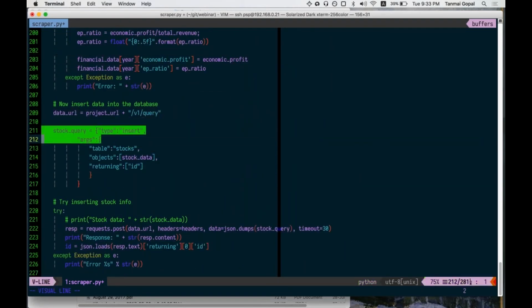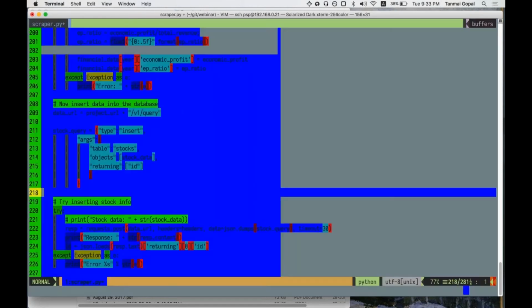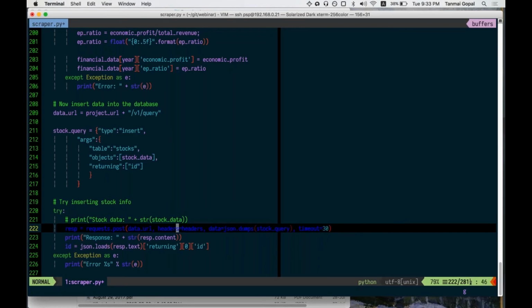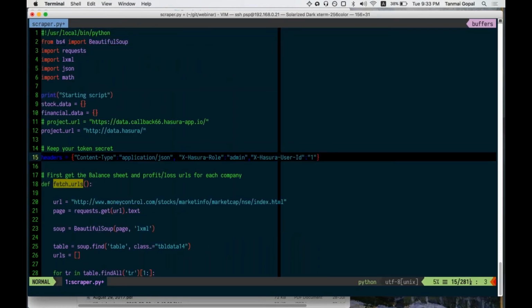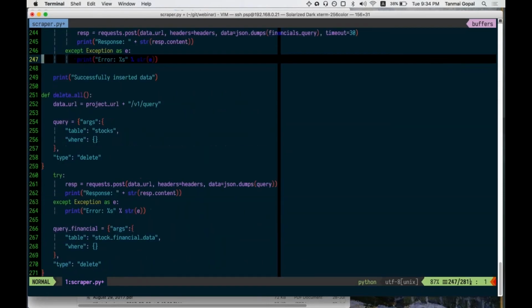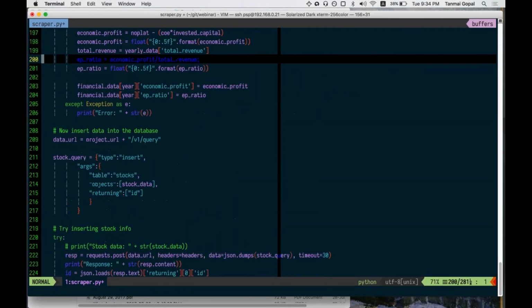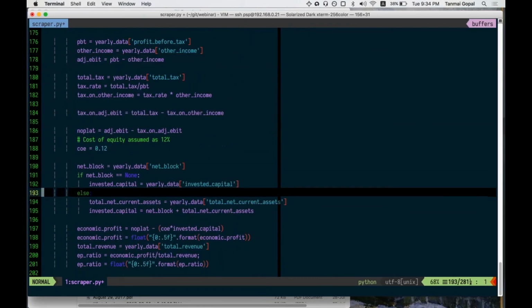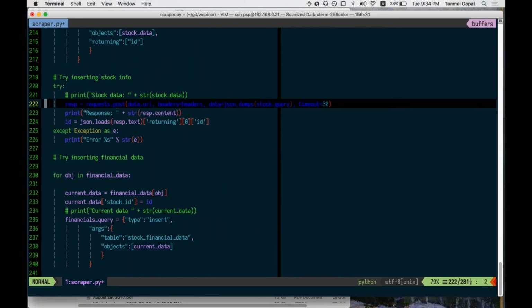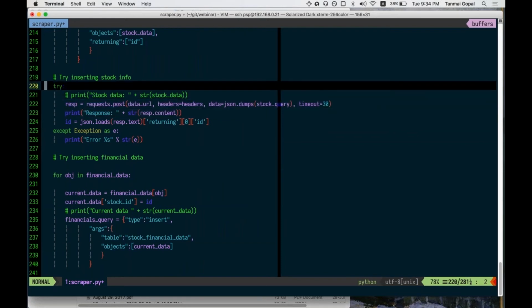So here we create the query, and here we use request to send it to the URL. These are the helpful headers that we have. It's just a content type, and this is something that you will find in the documentation. This is how Hasura handles authentication. There is a slightly more complicated authentication token system too that you can also try. So what this query does is, when you make a post request to the URL with these headers and that query as your data,